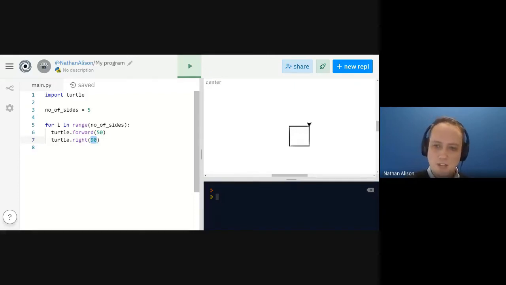It's not quite the same as the equation you might do in Year 7 maths or Year 8 maths where you use the internal angles of a regular polygon. But in this case, 360 divided by the number of sides will get us what we need. So if I run this now,